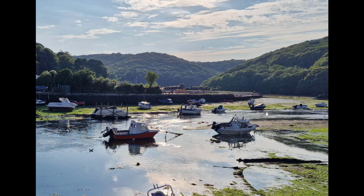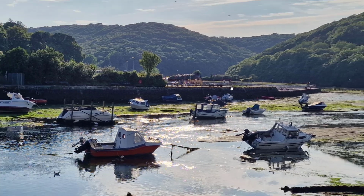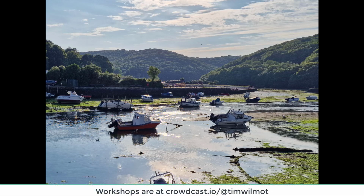So there's the river coming down, flowing from right to left. This is low tide. It's a sort of tidal estuary creek. In the middle of the scene, we've got a kind of flat car park. There is a small lake in there, like a raised lake, sort of like a boating pond or something like that. Then all of these small craft moored up here, low tide, different boat shapes to deal with, leaning and